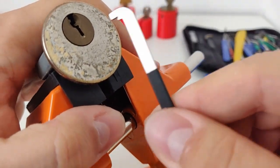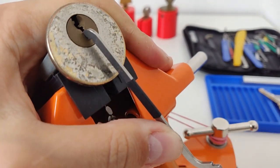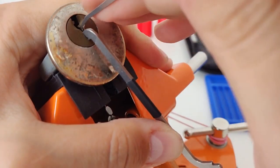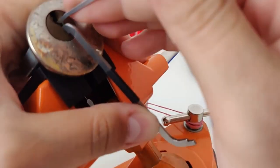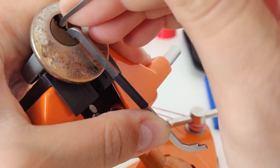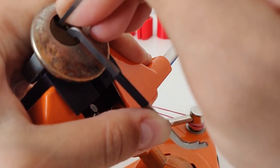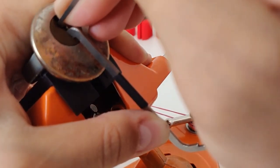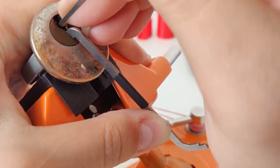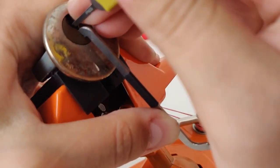So let me start. I'll try to pick it counterclockwise, the first diamond, first start, and we'll see how it goes. First nothing, second one it's binding and clicks, small clicks, third nothing, fourth nothing,